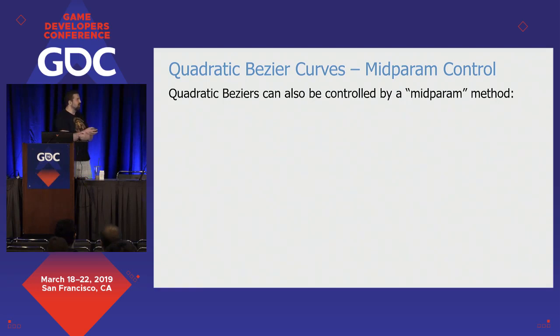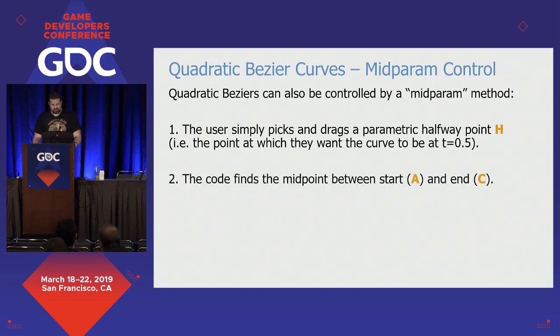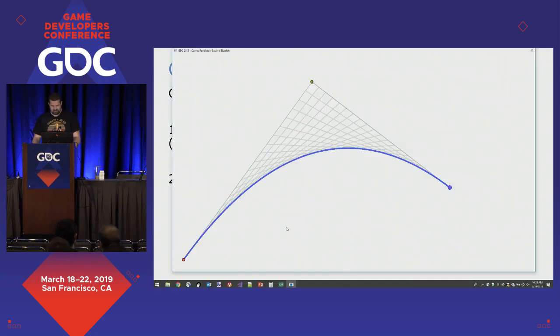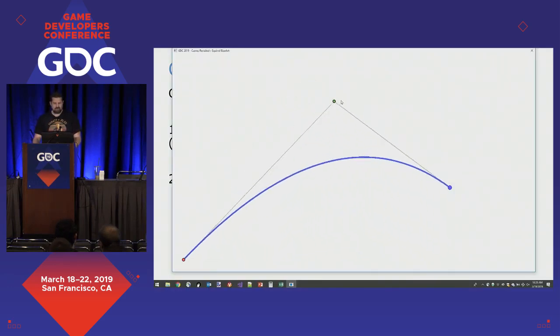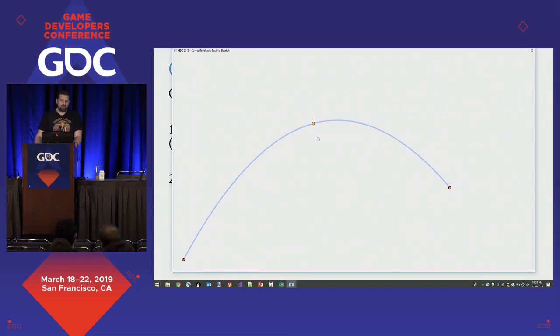There's another interesting thing with quadratic Beziers, that they can also be controlled in, I think, a much more friendly method. And this is what, for example, Visio uses when you're curve editing, and I'm sure a lot of programs. They can be controlled by what I call a mid-param method. So the idea is we pick and drag a halfway point that I wish was the point at t equals 0.5. And we'll walk through this here. There we go. So if I pick a point, and let's say this is the point I want to drag,